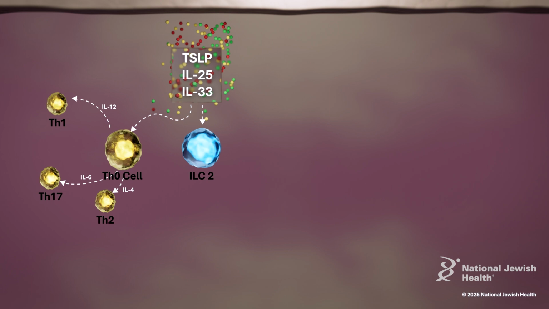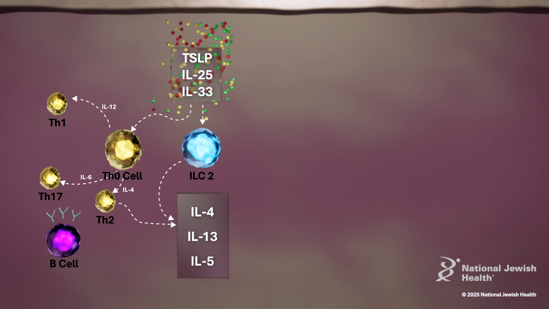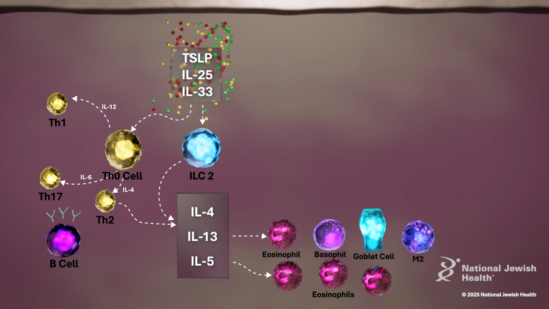The adaptive immune response initiates when T cells are activated in an antigen-specific manner and communicate with B cells for antibody production. ILC2 cells and Th2 cells are the main cellular contributors to type 2 inflammation, characterized by the release of IL-4, IL-5, and IL-13. IL-5 drives eosinophil differentiation, recruitment, and maturation. IL-13 activates several cell types important in mucus production and remodeling, two key aspects of CRS-WNP.